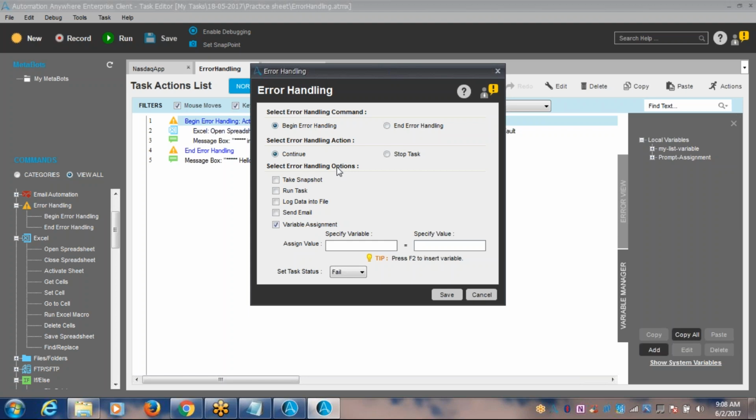So in that case, you write 2 blocks: one to continue, one to stop. Now you decide how to handle that situation. That is about error handling. So try to practice this, and you will get more idea on this. So conceptually, I ensure that